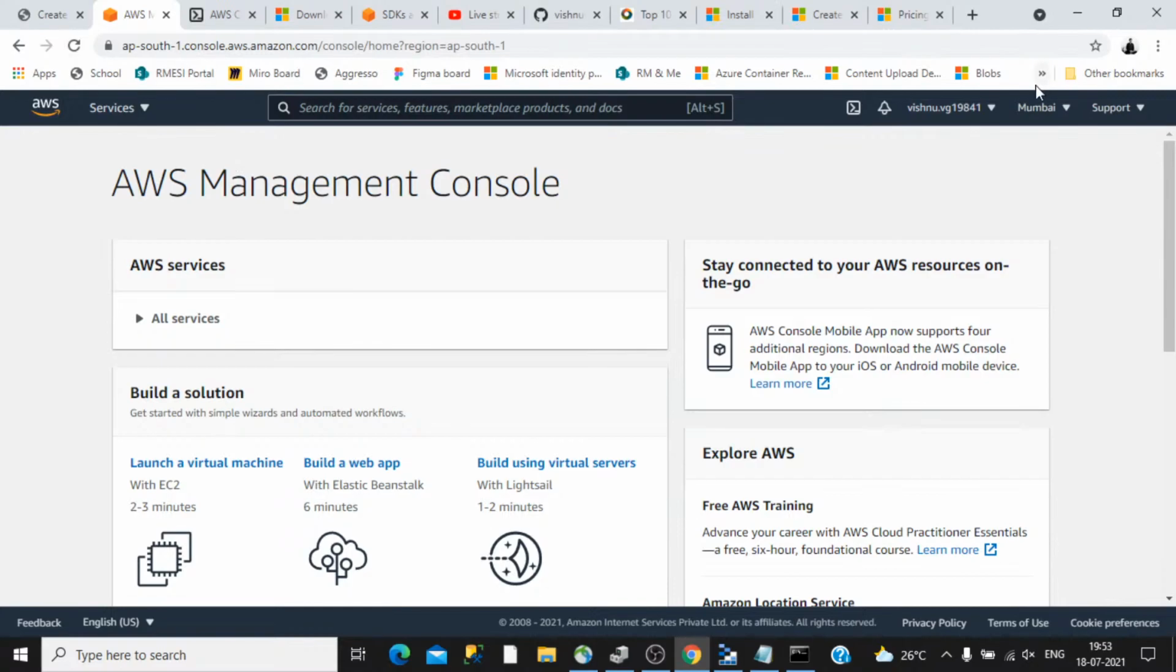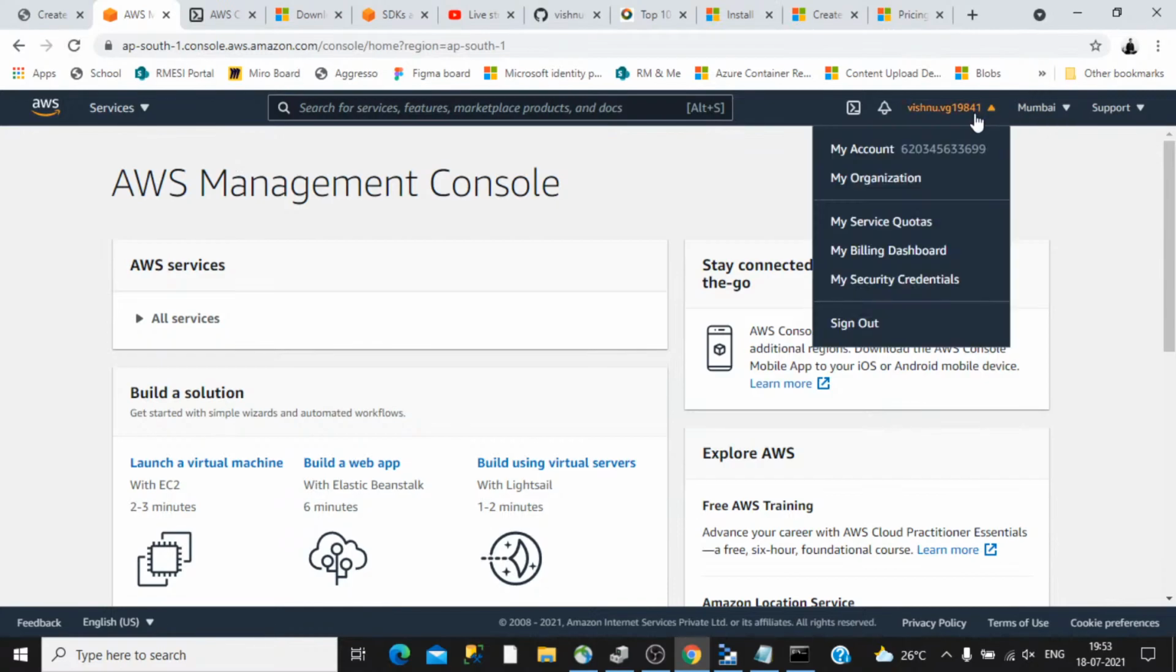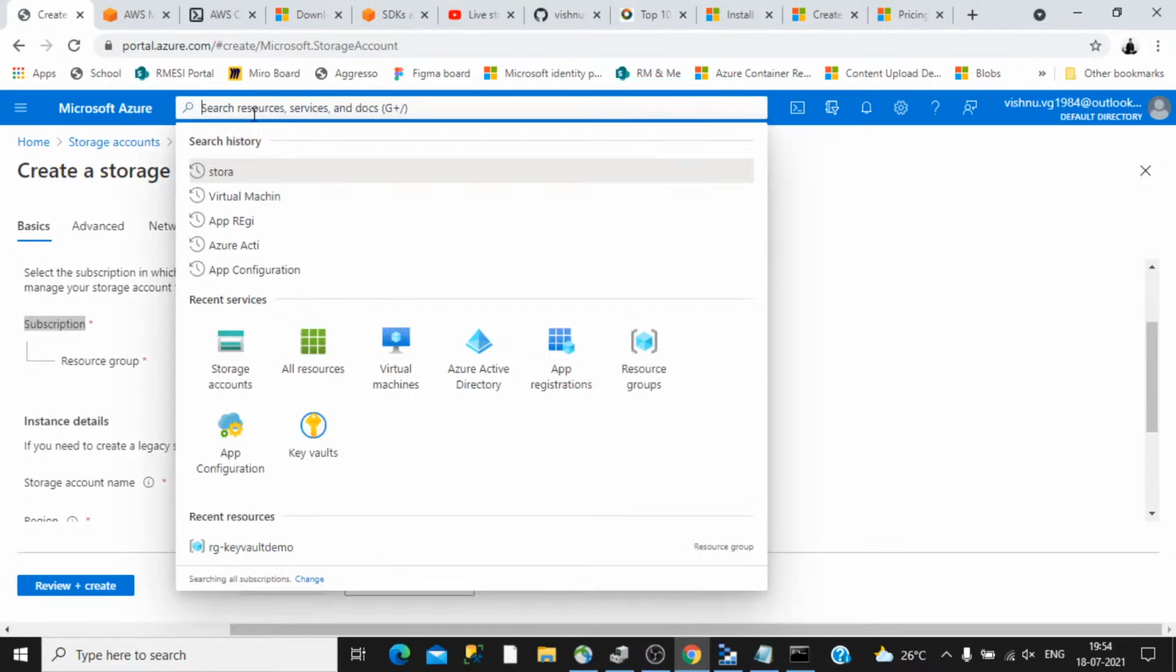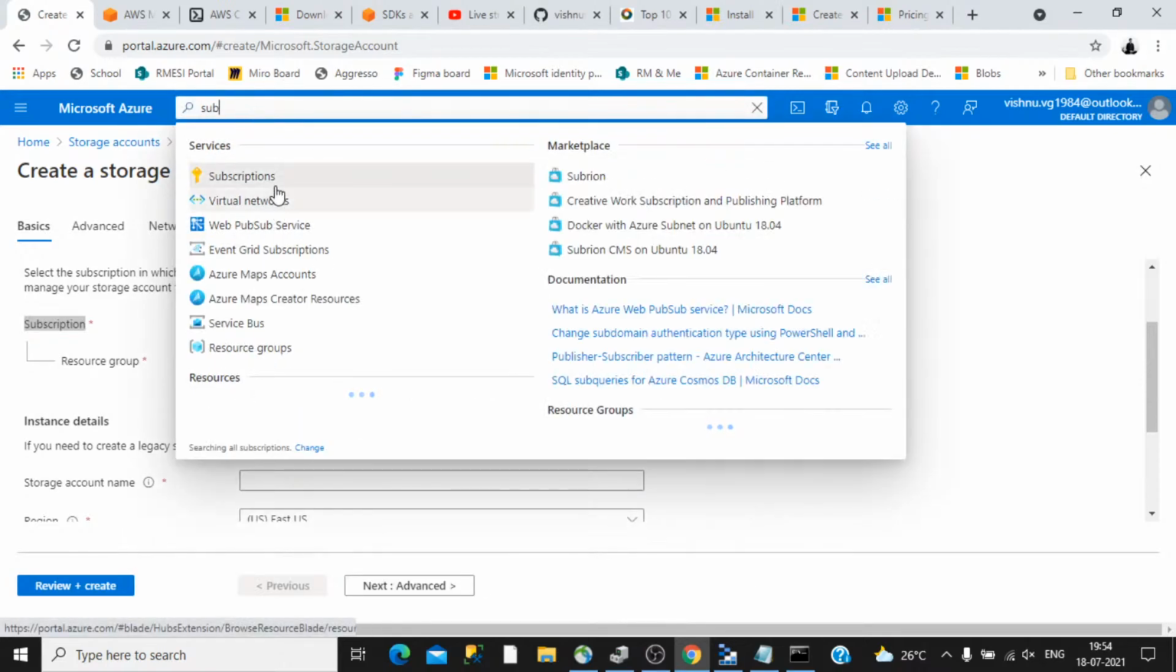In Amazon everything is tied up under one account. Right now my account is this one, and every resource under this one is tied to this particular account. There is no concept of subscription in Amazon. Because I have the subscription concept here, Azure will automatically identify if you are going beyond a certain limit and show a warning, and then I can convert this free trial into a different subscription. For example, if I go to this subscriptions page,